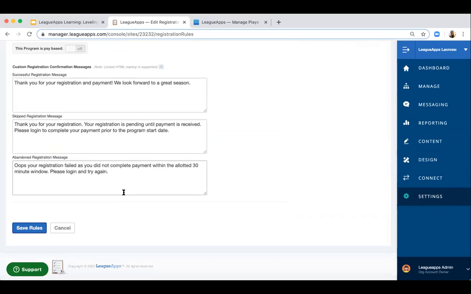This is an important page to understand and digest if you're using the platform. Down here at the bottom, these are the messages that you can set, and this is your default registration settings. So if you guys were on the session earlier with Chris Kearney, he talked about default registration form fields.